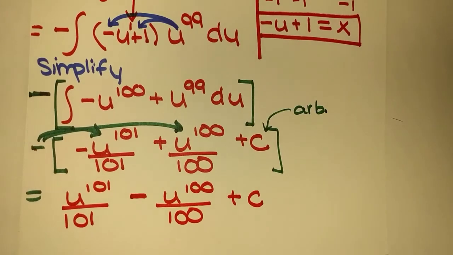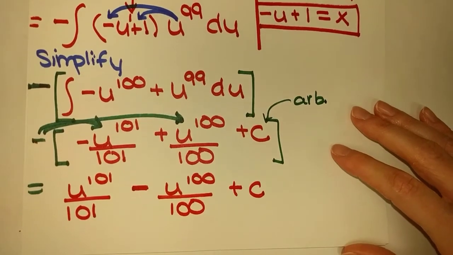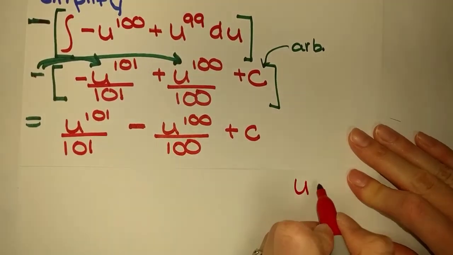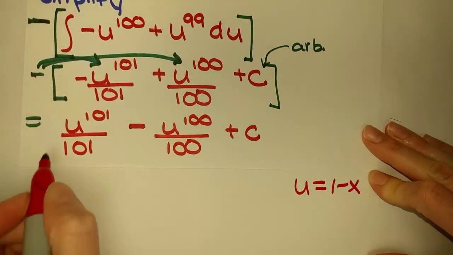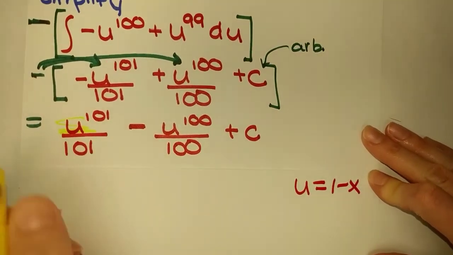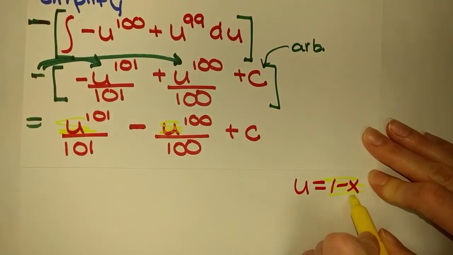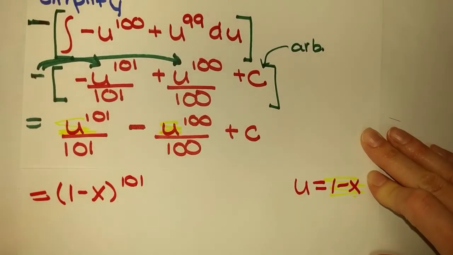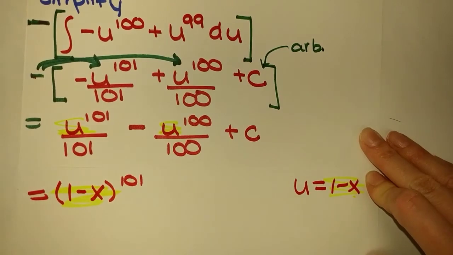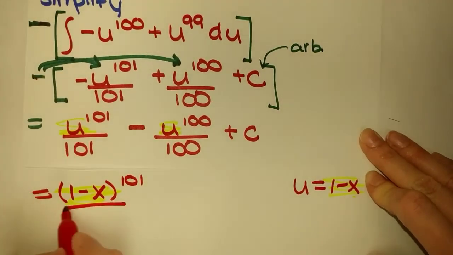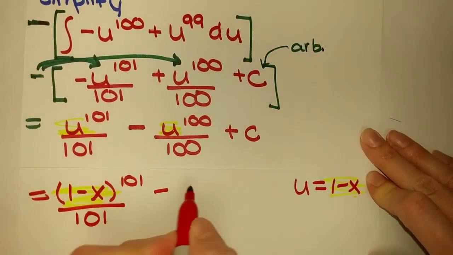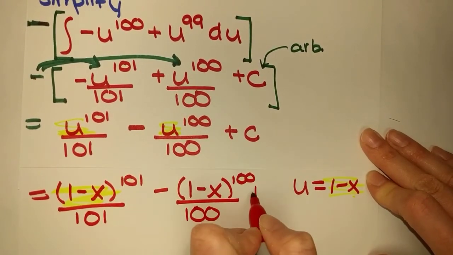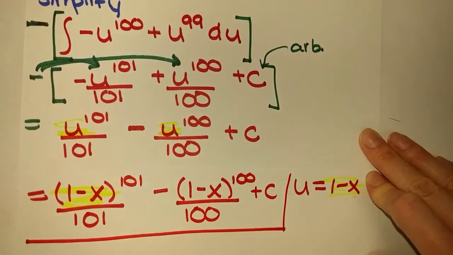Now, of course, that is not our final answer because we have to switch back. So we switched to u, we integrated, and now we switch back using the fact that u is 1 minus x. So this u is going to get replaced with 1 minus x. This u gets replaced with 1 minus x. So we have 1 minus x to the 101, again making that replacement, over 101 minus 1 minus x to the 100 over 100 plus c. And that is our final